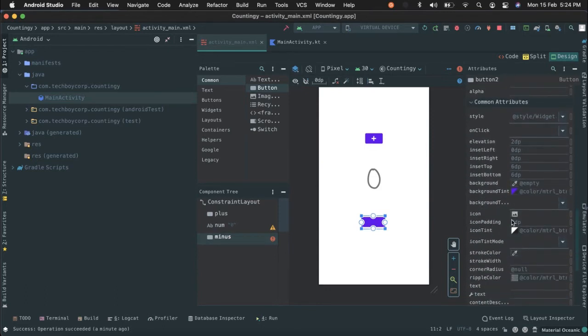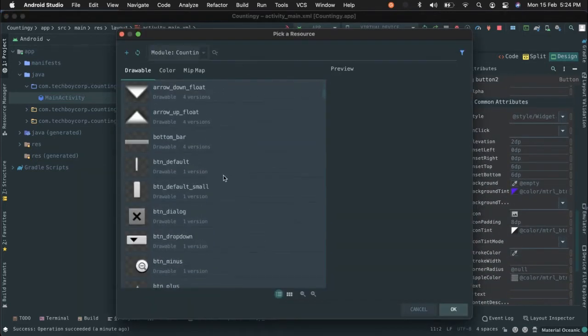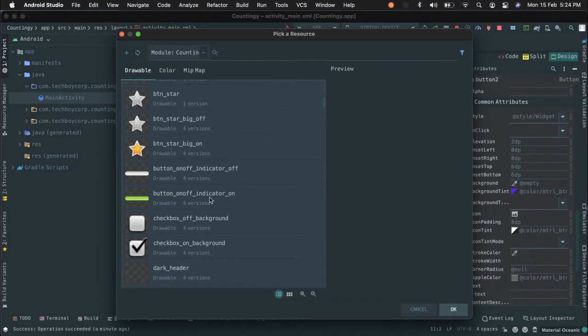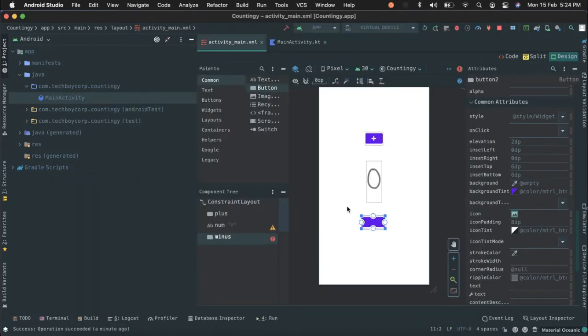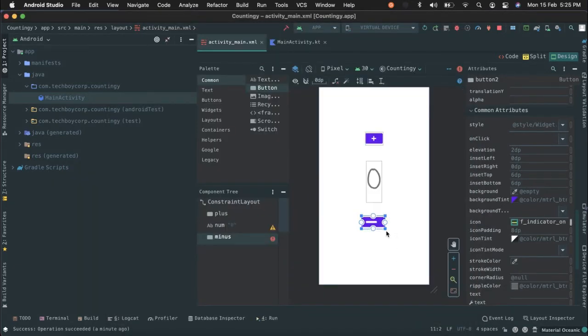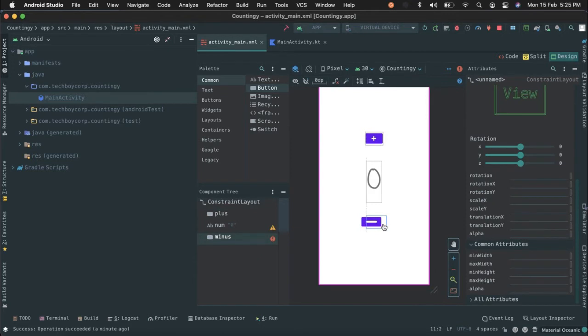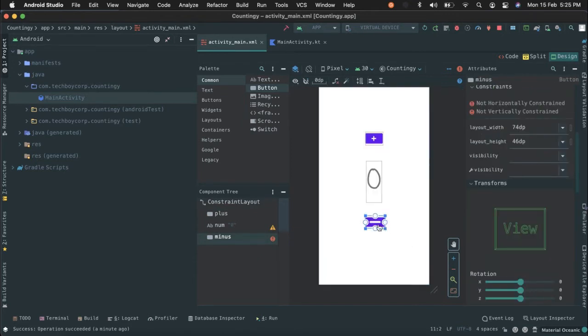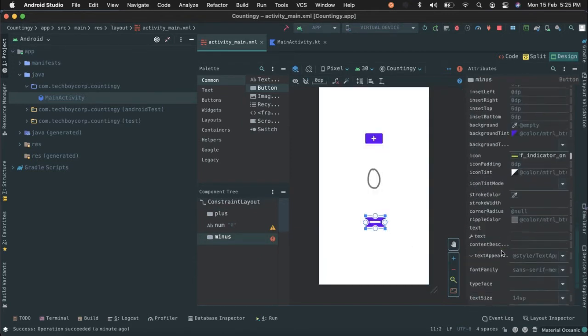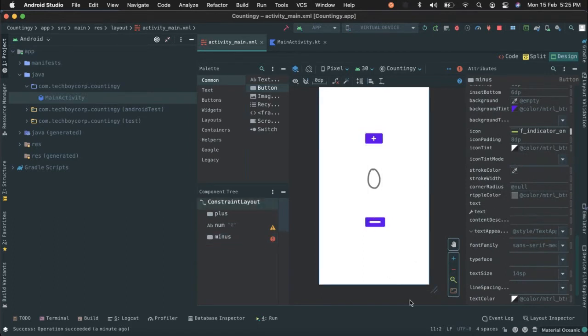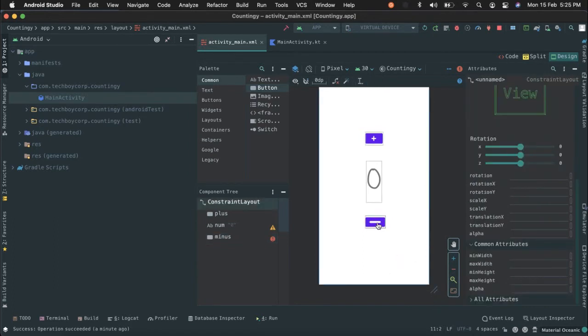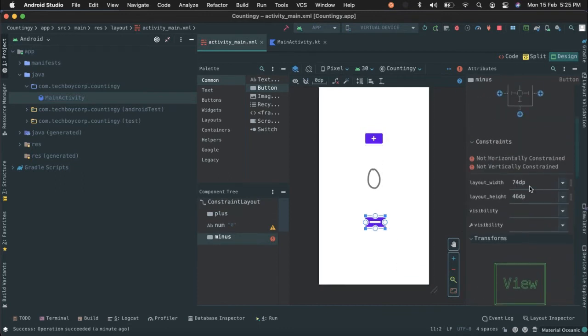Then I'll click on icon, and let's just take this icon, indicator on. Okay, see, it's looking like subtract, a little like subtract. So if you like that backspace button, then you can use that backspace button. Okay, I think it would be somewhere over there. You can search for that backspace button that I took, but I like this one better. It is a little different from that button, so let's use this one.